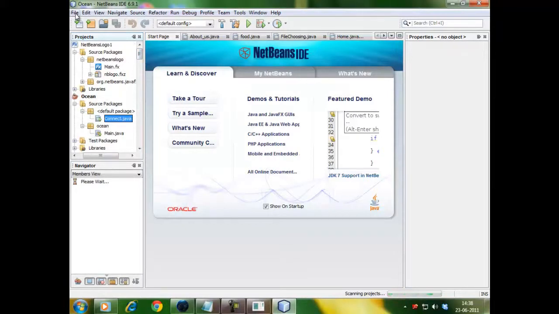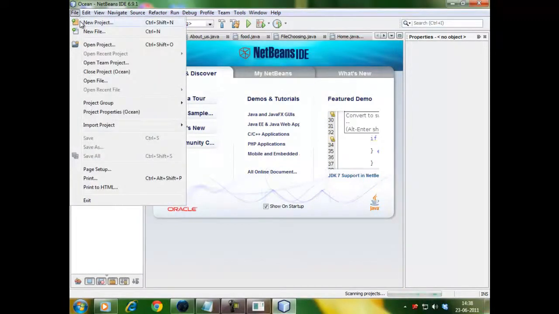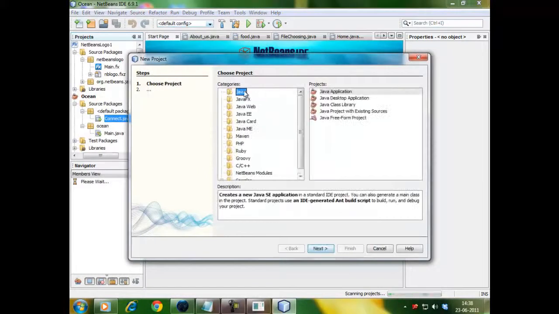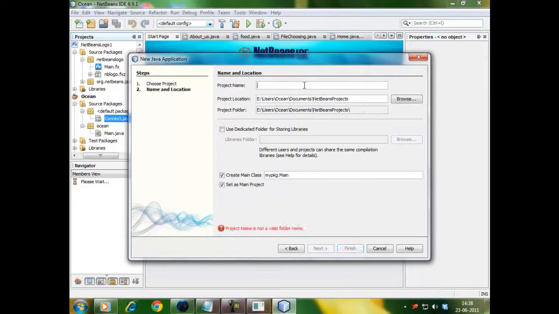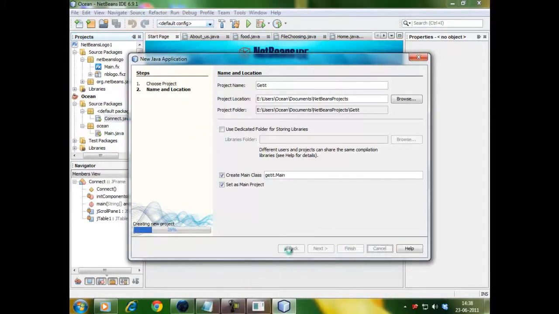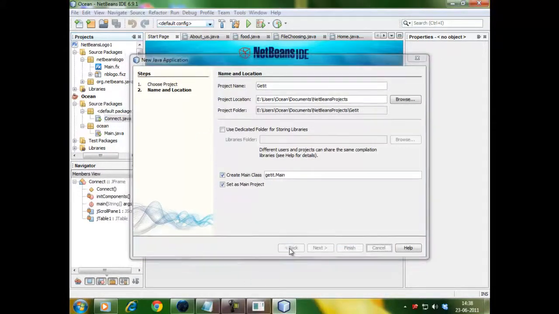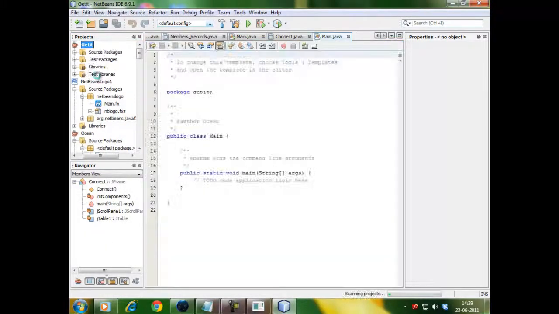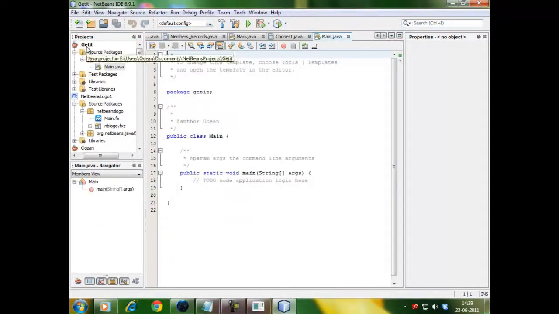Now go to the file menu, click on new project. It's a simple Java application. Next, name it as get it. See, in the project explorer window we have created a project namely get it, and all we need to do